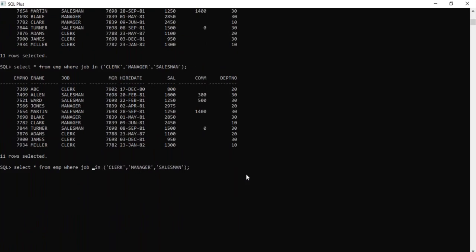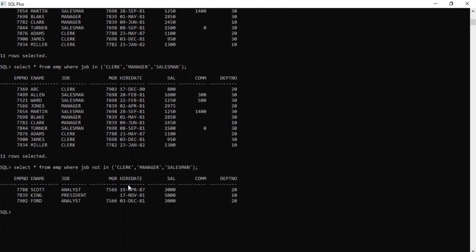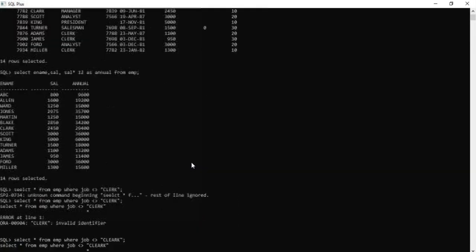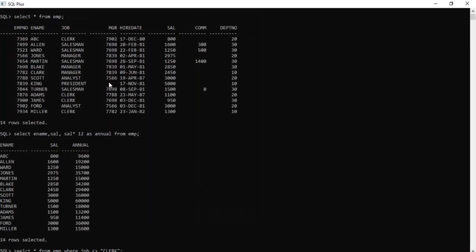So it is one important concept: will IN not work for null values? Now see here, select star from emp where mgr in 7902, 7698, and 7782, three values I'm taking.